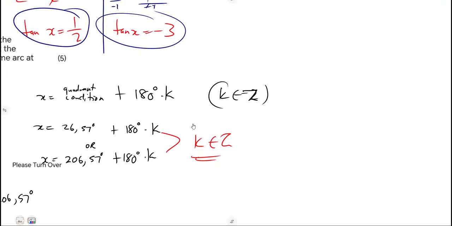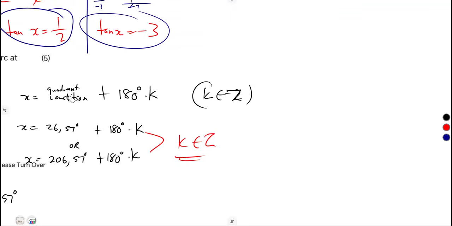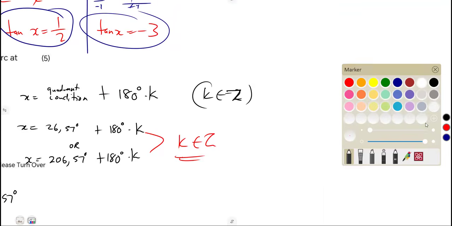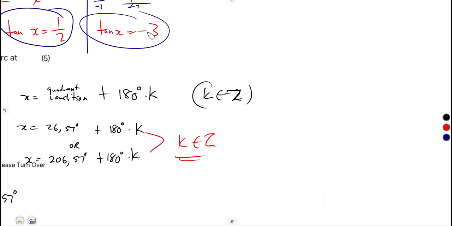So you do the same thing from this condition. We're going to need the quadrant condition for this tan of x being a -3. This is a negative, where tan is negative. Tan is negative in the second and in the fourth. In the second it is 180 minus the reference angle, and the fourth is 360 degrees minus the reference angle. So we're going to need the reference angle, where the reference angle is simply arctan of